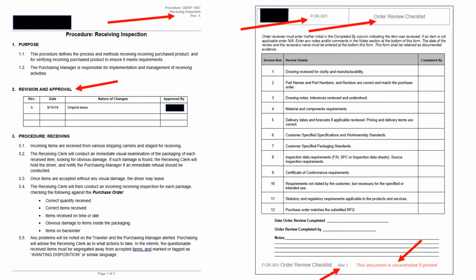Okay, so the documents within your QMS system need to be under document control, as stated in 7.5 of the standard. Right here I have a couple of examples of documents that are under document control. The one to the far left is a receiving inspection procedure, revision A. Document number is QMSP 1007, and the revision and approval status is indicated by the revision table in section 2. It states the revision, the date, the nature of the changes, and who approved the document, which is blacked out